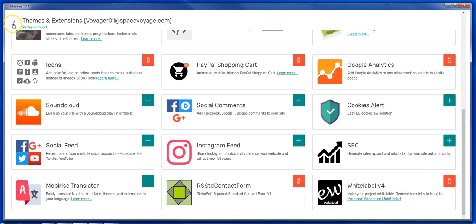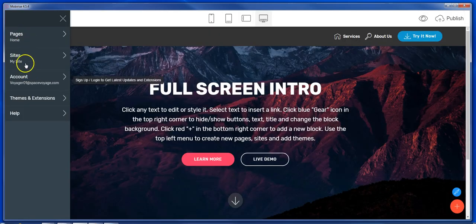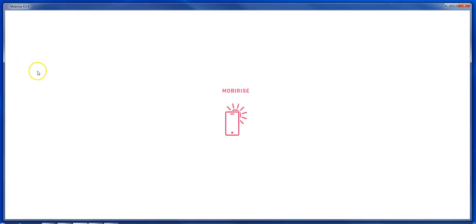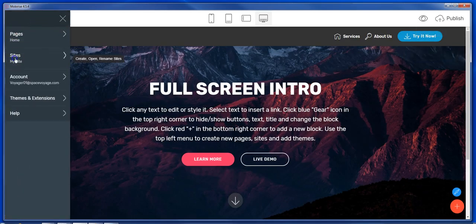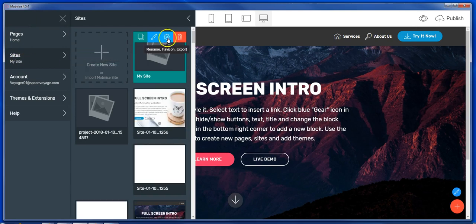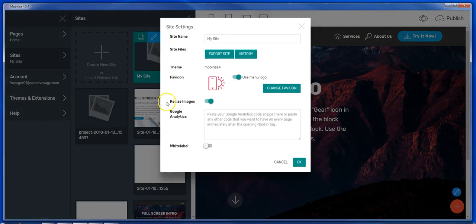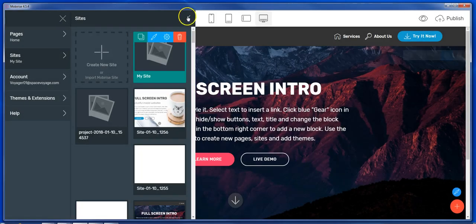That's funny. So what we're going to do is go to Sites here, and see if it's in. Now, extensions work differently depending on the author, but in the case of White Label, when we go here to Sites, and we click on the gear, this is the site gear, click on Site, then we turn on White Label. And what it does, when it publishes, is it claims to remove all these references to Mobirise, which, because of the way this is made,